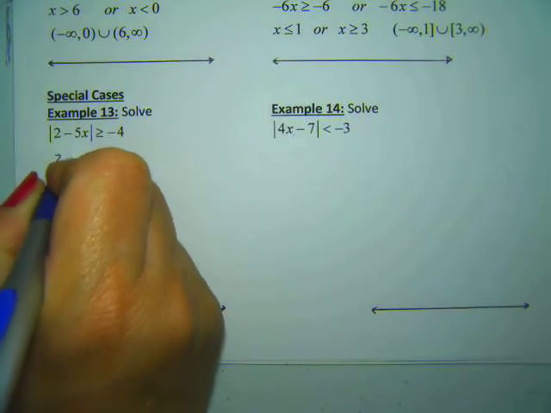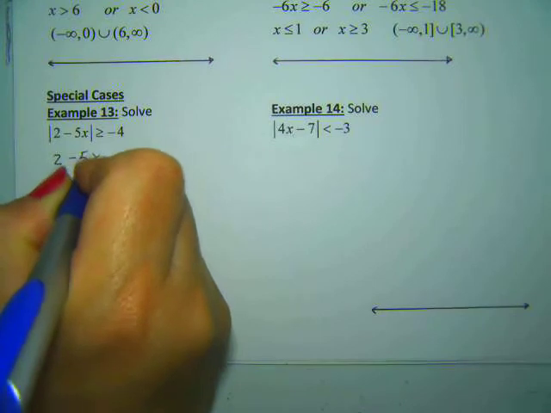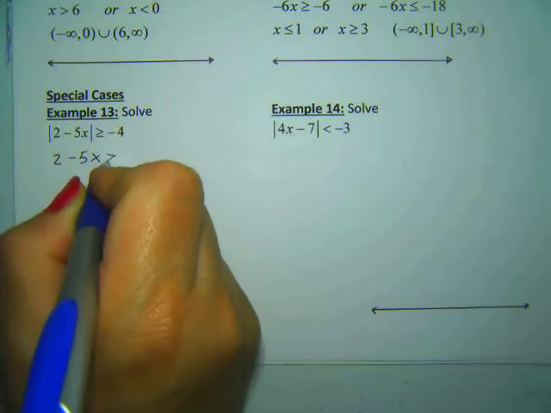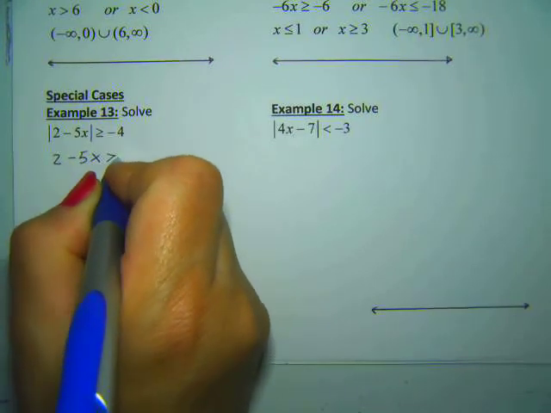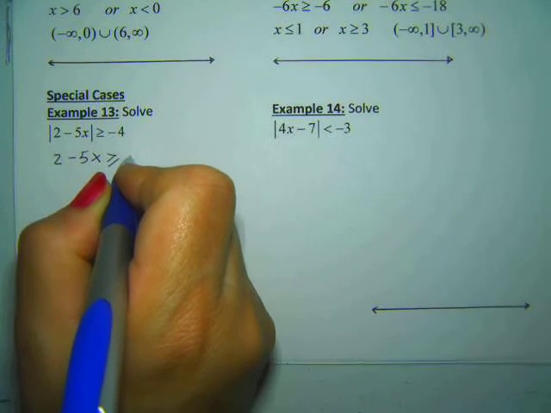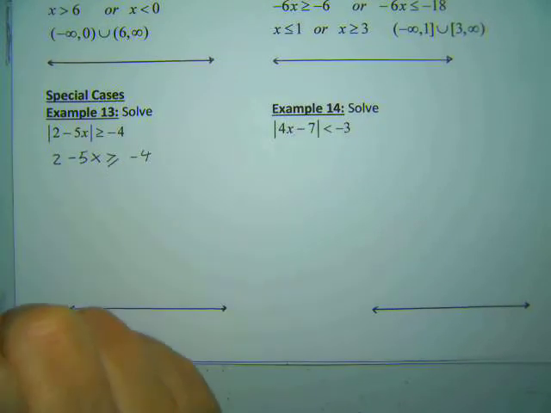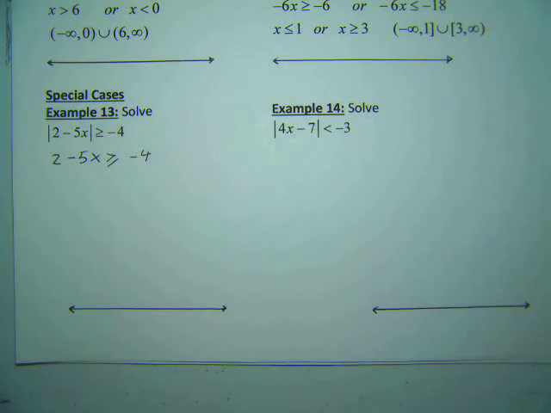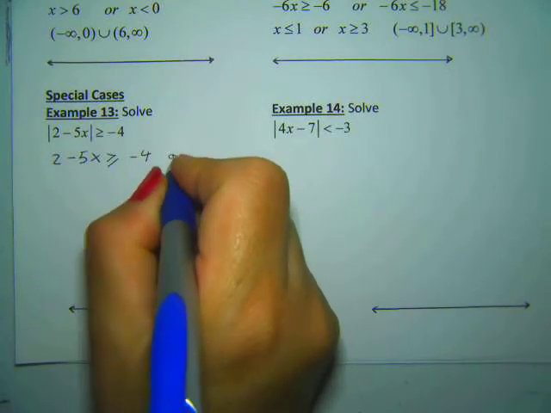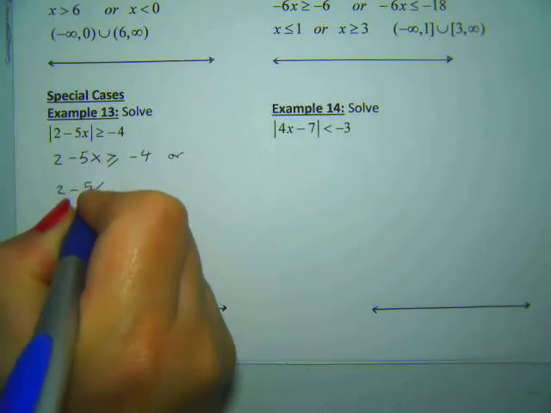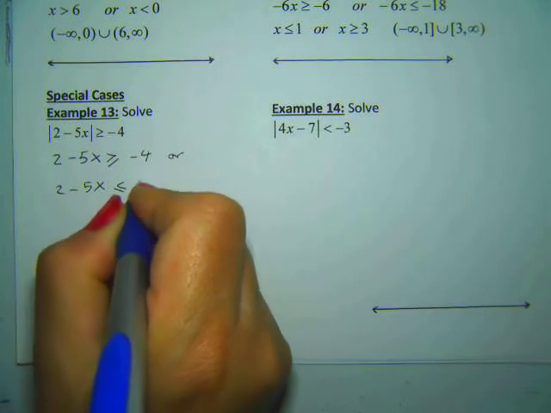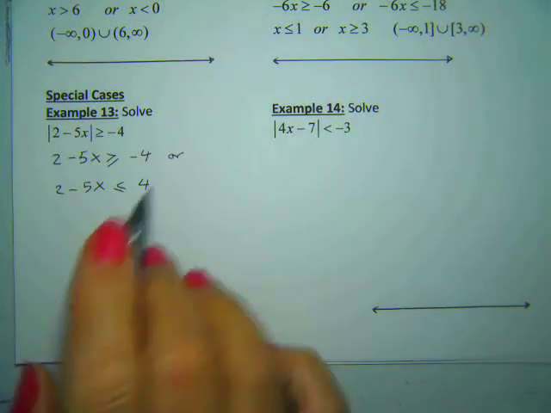So 2 minus 5x is greater than or equal to negative 4. I don't want to solve it actually. The special case, I wanted to talk about it. Or 2 minus 5x is less than or equal to positive 4. But let's forget